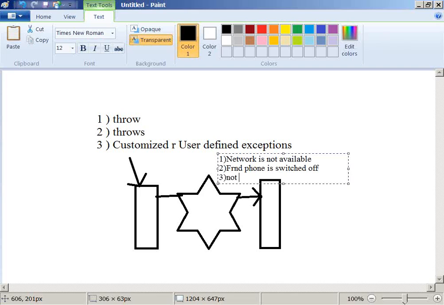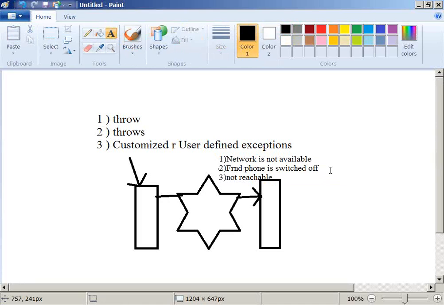Okay, fine. Not reachable. Still, only these problems. Yeah, network is not reachable. Network problem. Only these three problems. I think some interesting problems will come. One or two interesting problems will also come out.